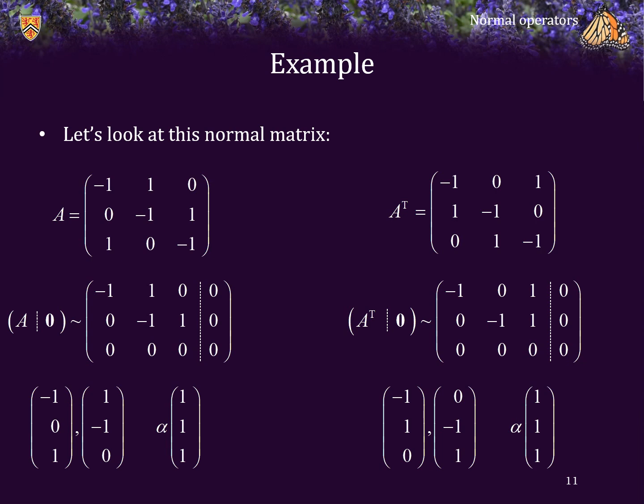Now, comparing the two ranges, we see that the second vector of the first basis is equal to a scalar multiple of the first vector of the second basis for the range. And the first vector of the basis on the left is simply the sum of the two vectors for the basis on the right. So consequently, those two ranges are indeed equal, and as we can see, they are perpendicular to the null space.